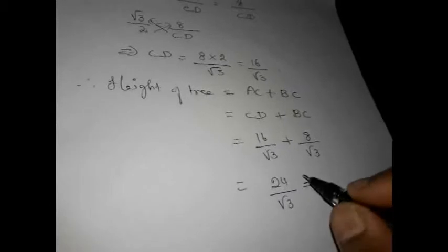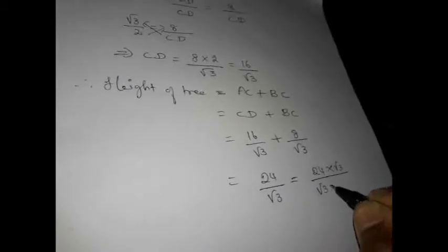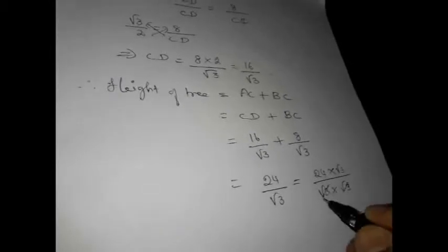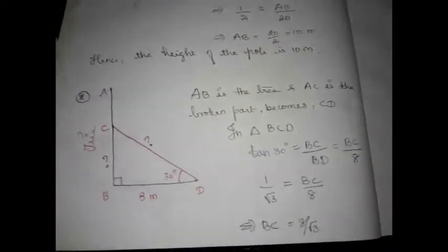Common denominator, so you can add the numerators. So it is going to be 24 divided by root 3. Now you can multiply both numerator and denominator by root 3 to rationalize the denominator. So root 3 into root 3 is going to be 3. 3 8s are 24. So 8 root 3 meter is the height of the tree. Yes. Hope you understood. It's simple logic, and only the trigonometric ratios have been used here. Let us move on to our next question now.